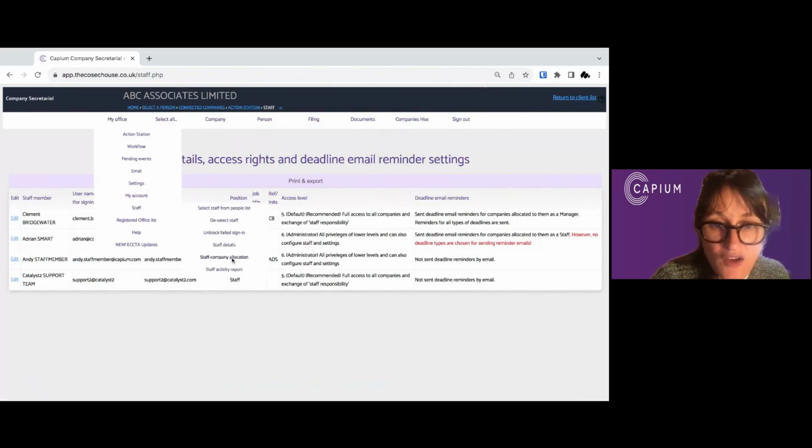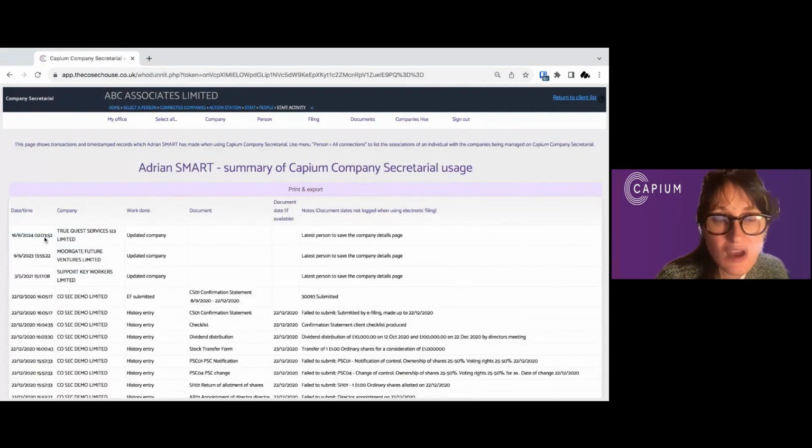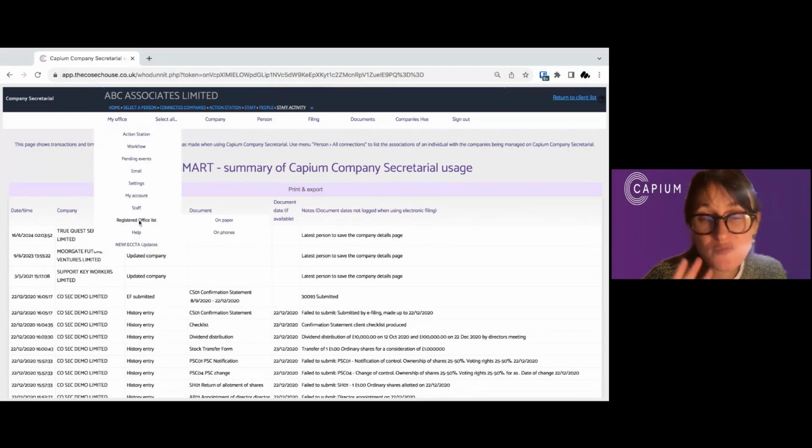Again, with staff, you can add staff company allocation, as I mentioned, and we keep staff activity reports as well. So we time stamp and date everything everyone does on the software, which is really useful as well. We've got this little bonus thing with your registered office list. Obviously you can have it on paper, but this is a bit of a cherry on the cake